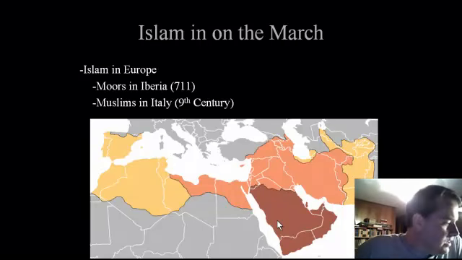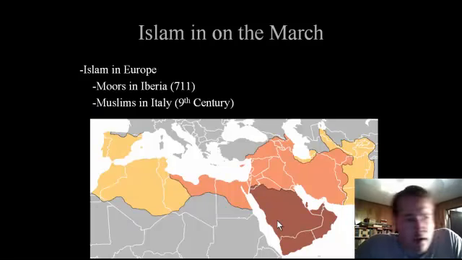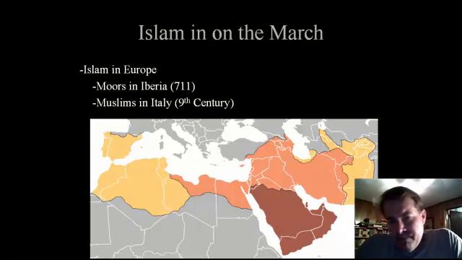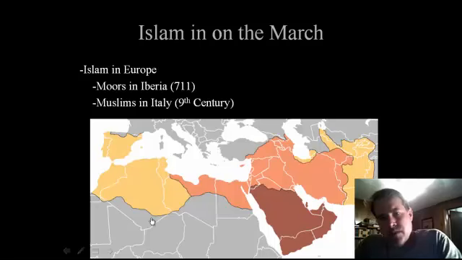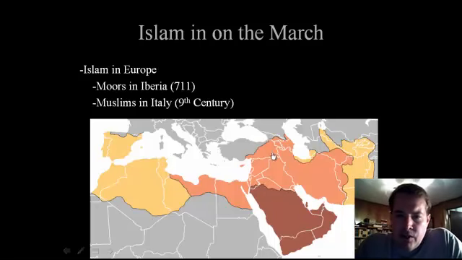By the end of the 600s, Islam expands into the new Persian or Sassanid Empire right in here. It takes lands from the Byzantine Empire right here, and as well as into Egypt. By the 700s, it not only moves all the way to the Atlantic, but